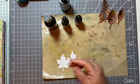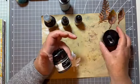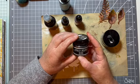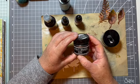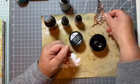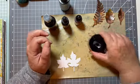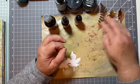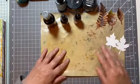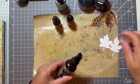I've also got this Pebeo gold gilding wax, and I've got Art Alchemy Sparks Raven Black, which is actually a bit of a sparkle that I didn't realise, although it's in the name I suppose, but we can just say that they were sparkling in the frost. I think that's what we'll say. Right, so let's just put a little